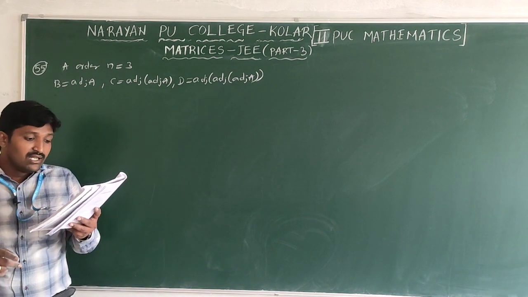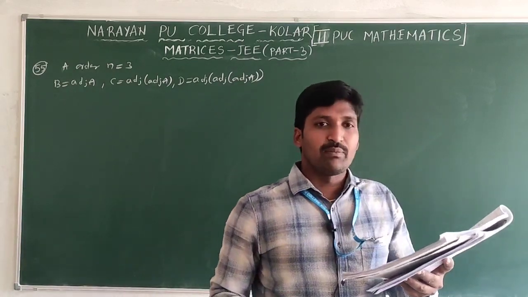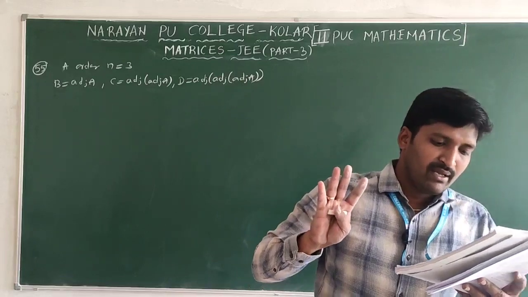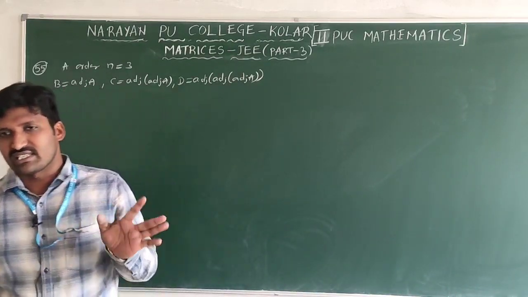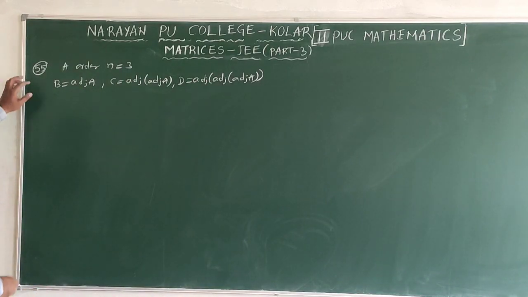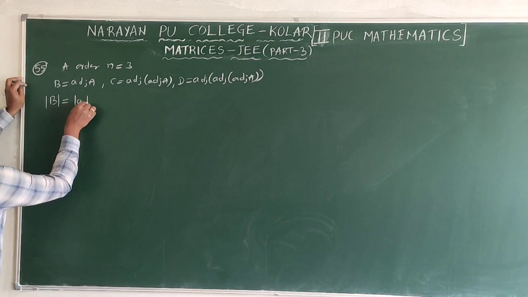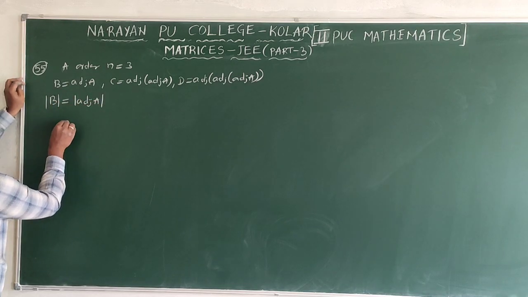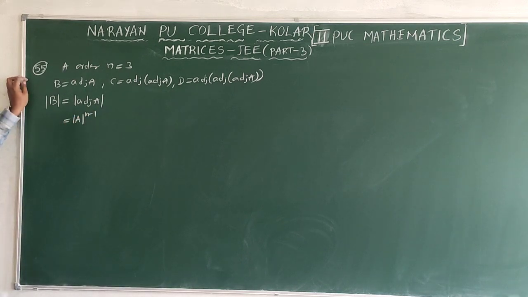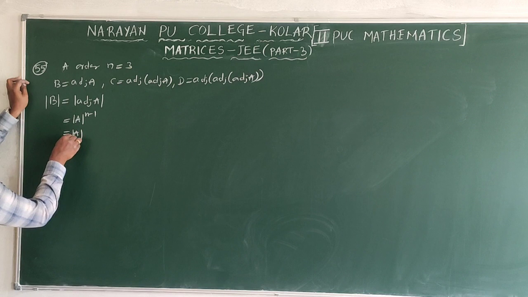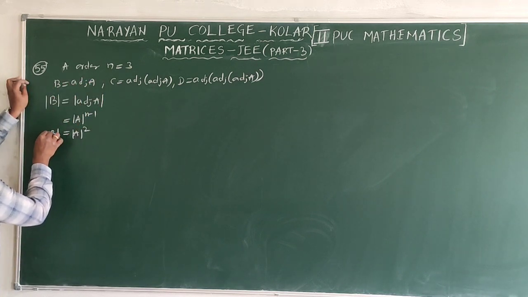Then they're asking det of adjoint of A B C D. 4 matrices are given. E is equal to det A whole power K. We need to find the K value in this case. Now before that I will find det of B. Det of adjoint A: already there is a formula, det A whole power n minus 1. N value is clearly 3. 3 minus 1 means 2. That is det B.